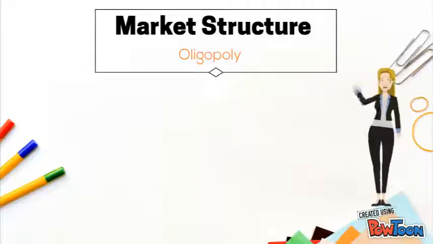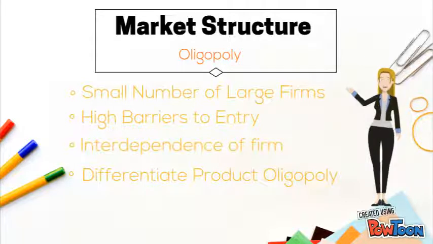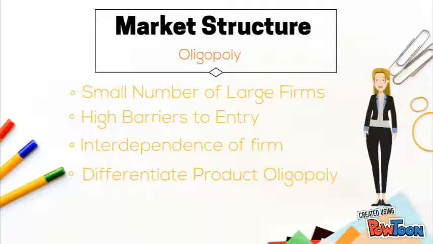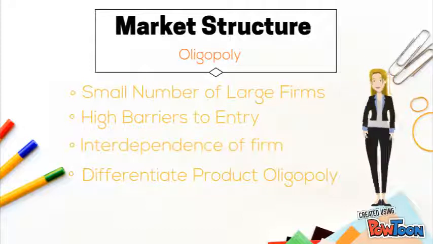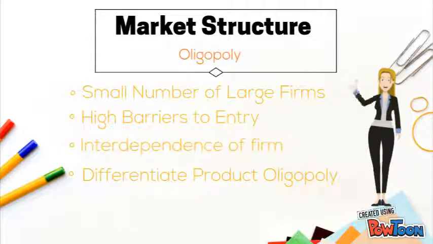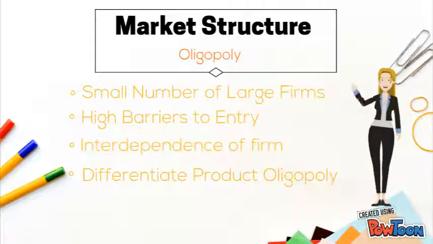For the market structure of the airline industry, it is more likely to be an oligopoly. There are a small number of large firms in the industry, and there are high barriers to entry, such as high operating costs and legal requirements to enter the industry. Oligopoly has the characteristic of interdependence of firms, which means they will be affected by their rivals' actions. Airline companies differ from a typical oligopoly because they aim at the personal consumption of buyers.